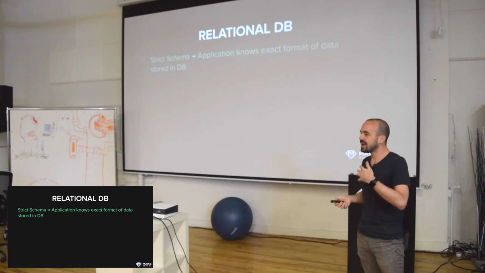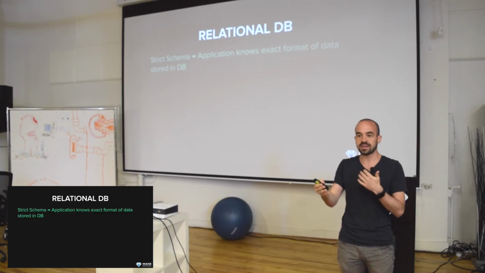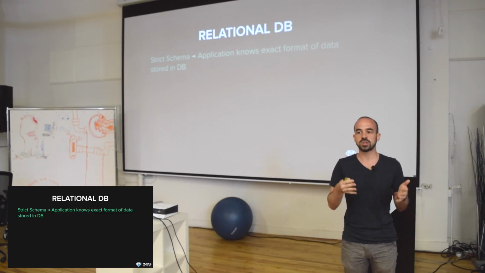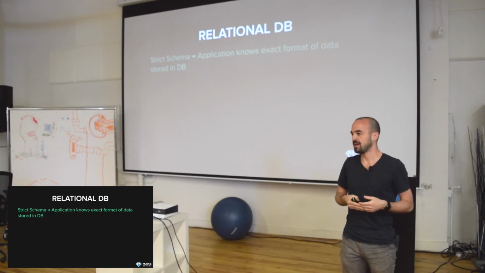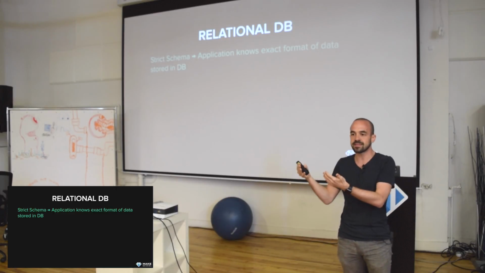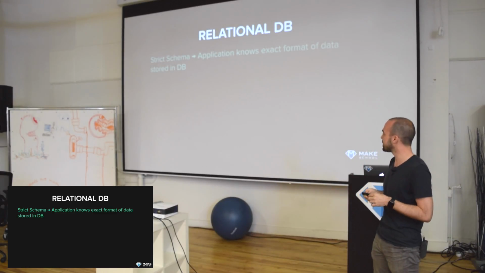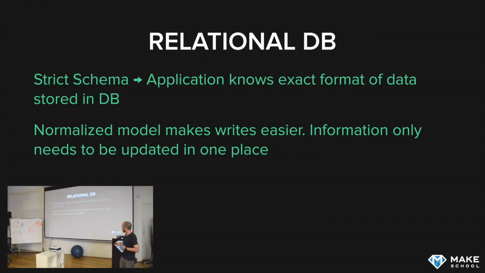That has downsides and upsides. The upside is that if you have an app that talks to the database, you will always exactly know which fields that database entry has. If you know there are only 3 fields, then you don't have to check if there are additional fields or if there are fields missing. You can always know that a schema is in a specific format. And the normalized model